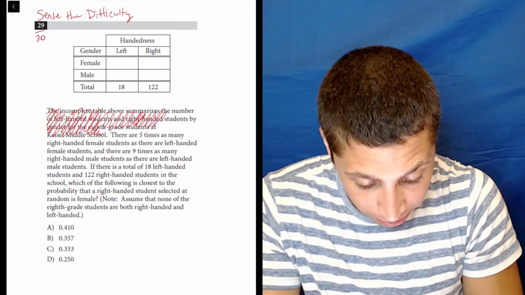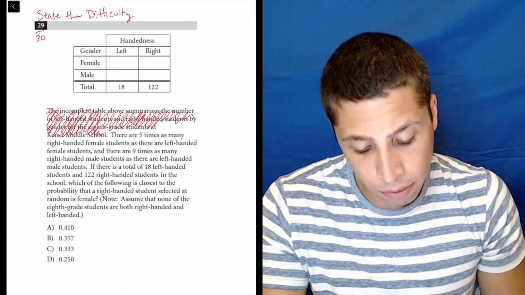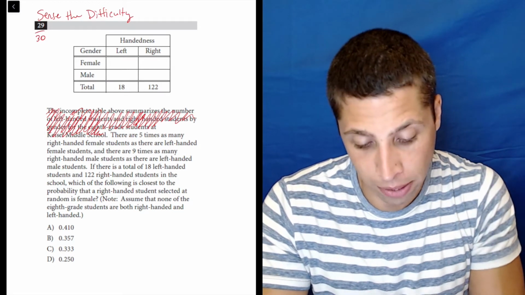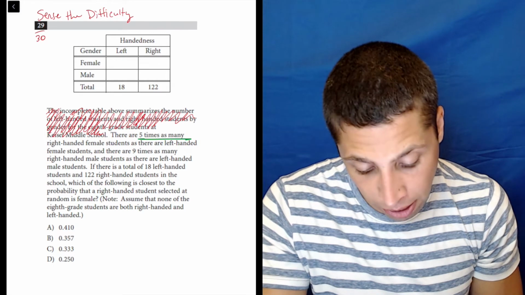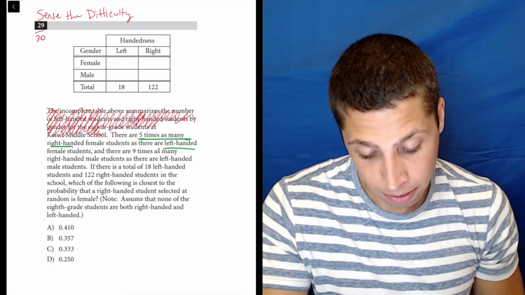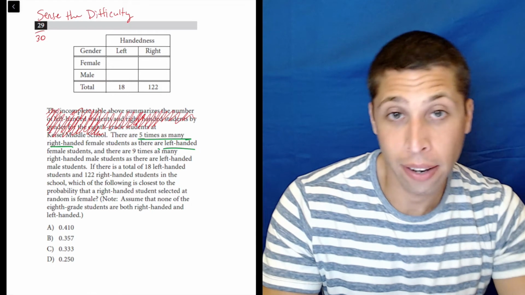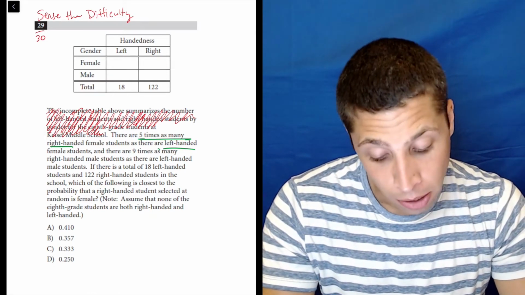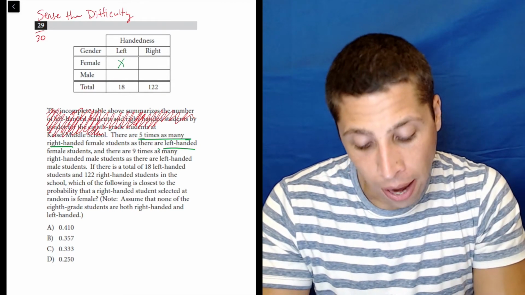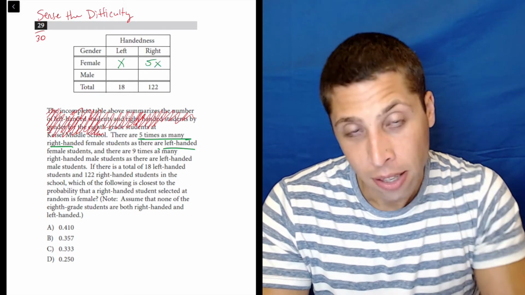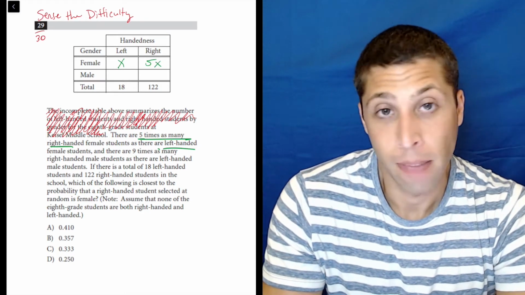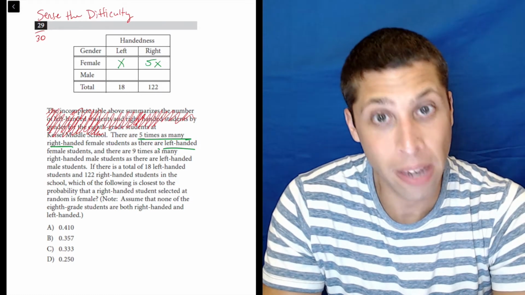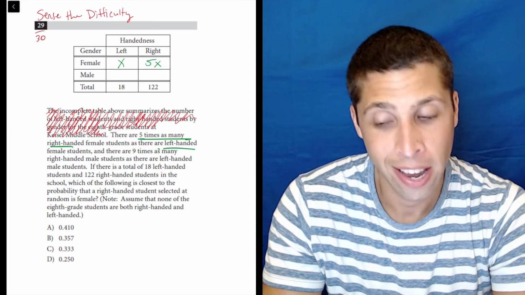And let's start with the second sentence. There are 5 times as many right-handed female students as there are left-handed female students. Okay, so this piece of information, 5 times as many right-handed as left-handed. How could I represent that with some variables? Okay, so the left-handed is smaller, so I'm going to make that my x, and the right-handed is 5 times that, so that's going to be 5x. I don't know what I'm doing with that yet. I'm just doing it because that's the most basic interpretation of those instructions,